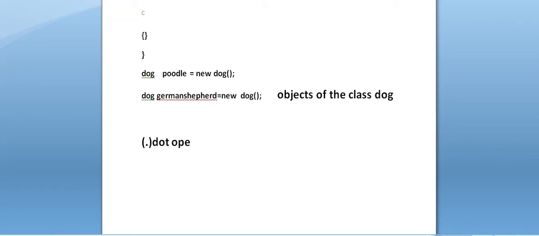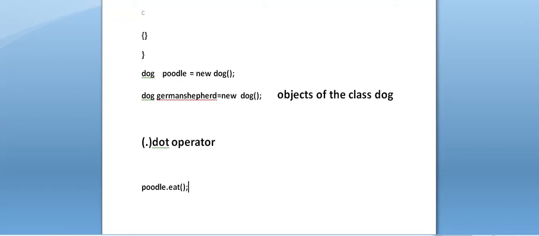What is the dot operator here? This operator, if used with the name of the object, can be used to access the individual data members of the class. For example, we say that I have created here the object as poodle. I can use this poodle object with the help of dot operator to call any of the methods of that particular class of dog. That is eat method.